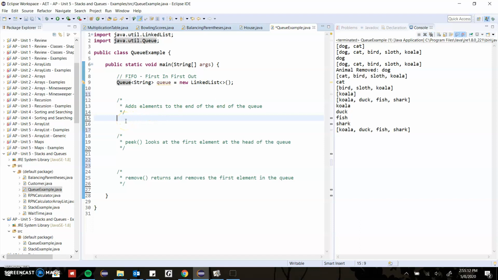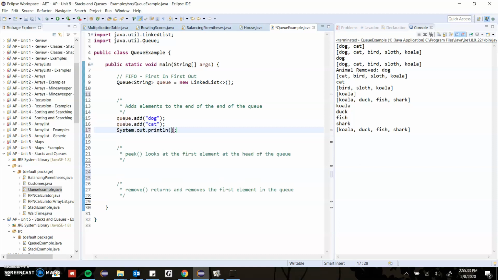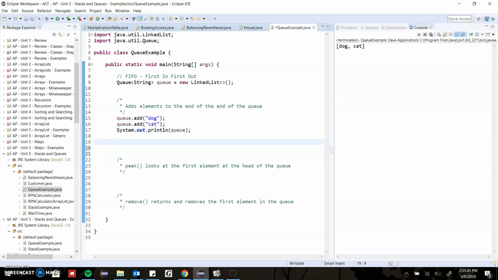On the right side, you can kind of see what the answers are going to be as we build and run this thing. So with a queue, similar to an array list, let's just put some elements in there to see how the data structure gets built. So the queue.add, we can put anything you want to. Here we have a queue of strings, so let's just add certain animals in there. So let's add a dog and a cat, the classic ones here too. And then we can print this out. Because it's a data structure, it's an object, we don't need to define our toString method, it's already there. And so you run this and you can see on the right side, it'll print out dog and then cat. If we wanted to add a few more animals,